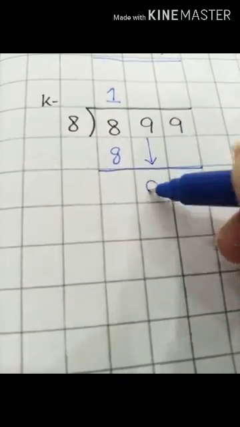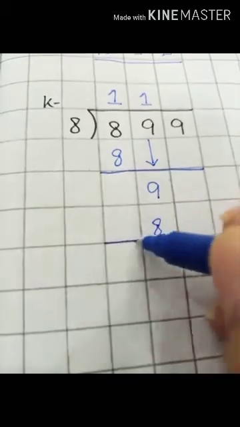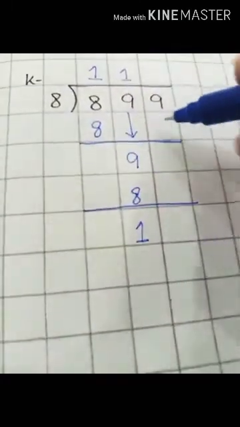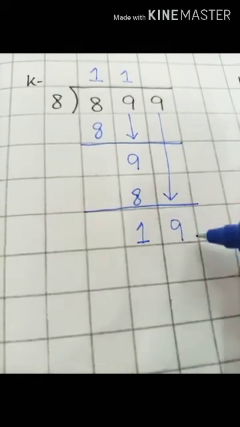So students, the first digits of the dividend and divisor are equal, so this can be done easily. 8 1s are 8 and 8 minus 8 is 0. So bring down this 9 down here. 8 1s are 8 again, because 8 2s are 16. Can't write the 16 beneath the 9. Okay, 9 minus 8 is 1. And this one is smaller than my divisor. Bring the 9 down. This will become 19.